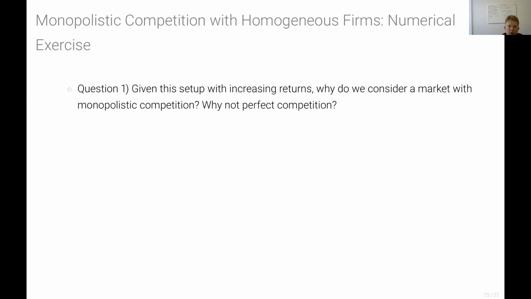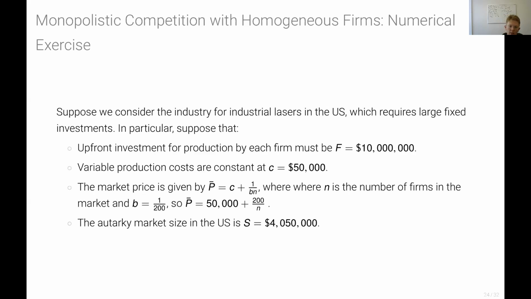Okay. And so given the setup with increasing returns, why do we consider a market with monopolistic competition? Why not perfect competition? The answer we might think is that in perfect competition, each firm is just going to charge its marginal cost. So it's going to charge a price that's exactly equal to its marginal cost. And if it does that,